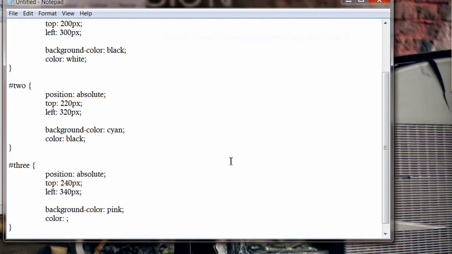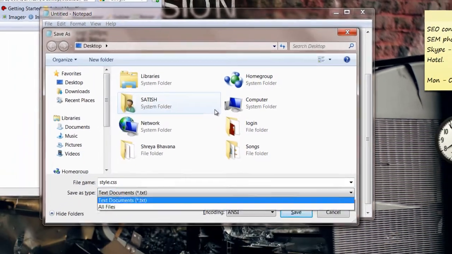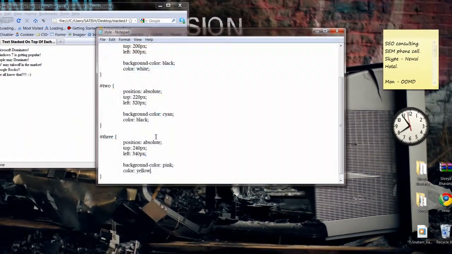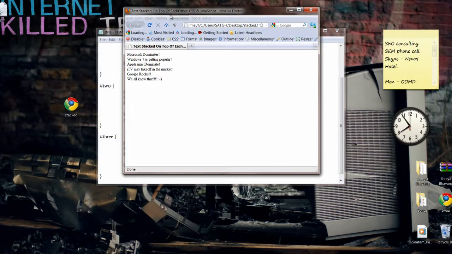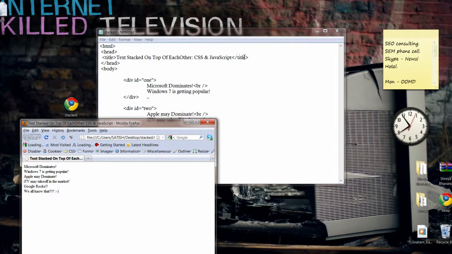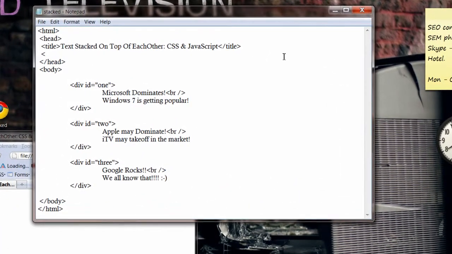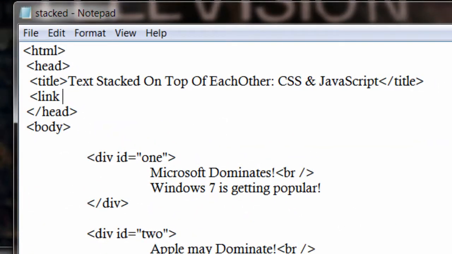Okay, save the file, make sure you give .css as the extension, and don't forget to link this file in your HTML document so that the styling information applies to our HTML document.